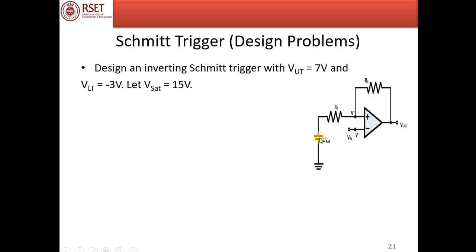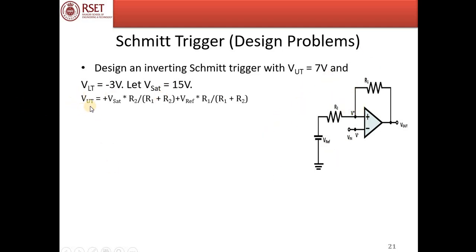This is the circuit. We will have to apply a reference voltage at the non-inverting terminal. So when you apply a reference voltage, the equation for V plus will change. That is, the value of V plus is contributed by V output as well as V reference. Now how do we write the equation for V plus? We have to apply the principle of superposition. First, consider V reference. When you consider V reference, V output will be grounded. Then this will act as a potential divider. The equation will be